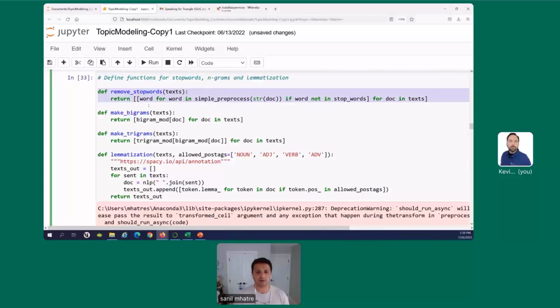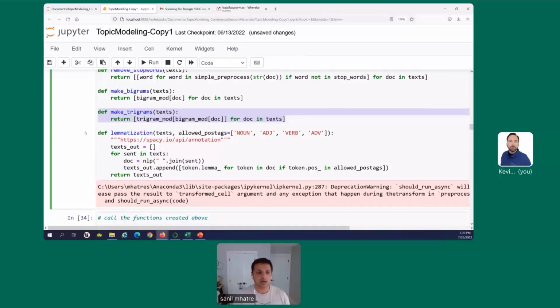So I'm defining the function to remove stop words over here. Next, I'm creating a function to create bigrams, trying to identify two words that come together in a much more meaningful way than just a single word. I'm also defining a function to create trigrams, identifying three words that might come together in a more meaningful way. And then lastly, I'm creating the function for performing lemmatization.